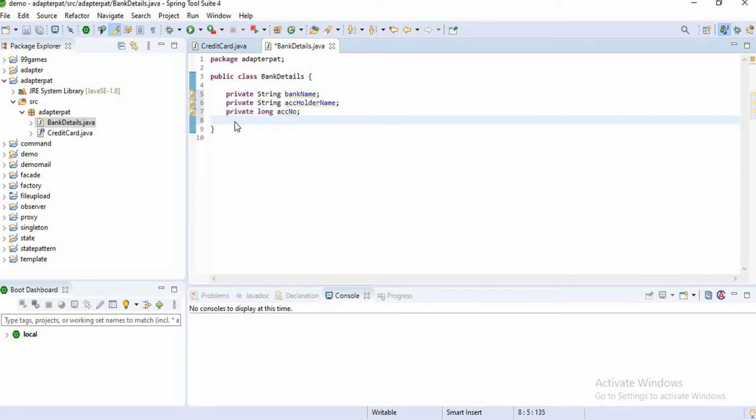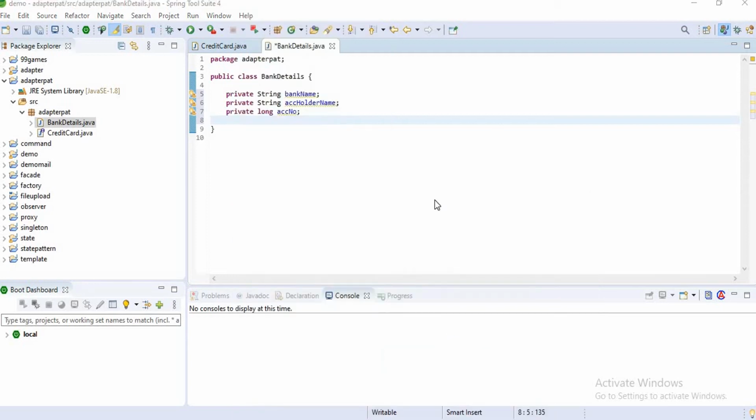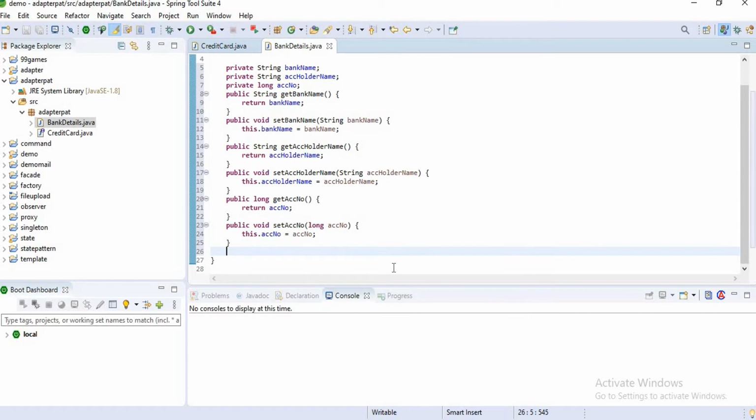It's done, guys. Now I just want to add setters and getters for each. Let's go to source, generate setters and getters, select all, generate. Now I have successfully created my adaptee class.